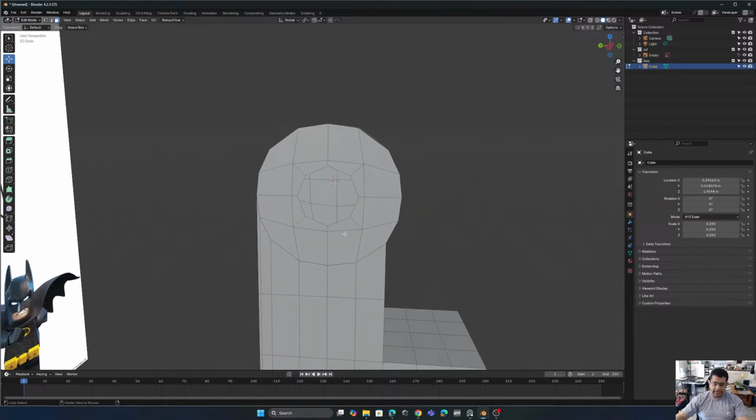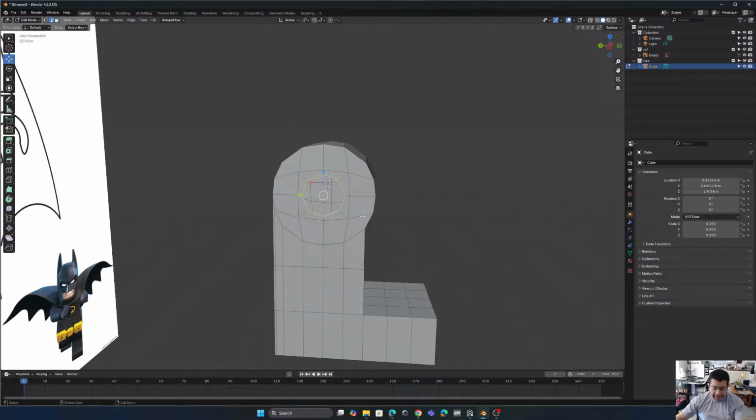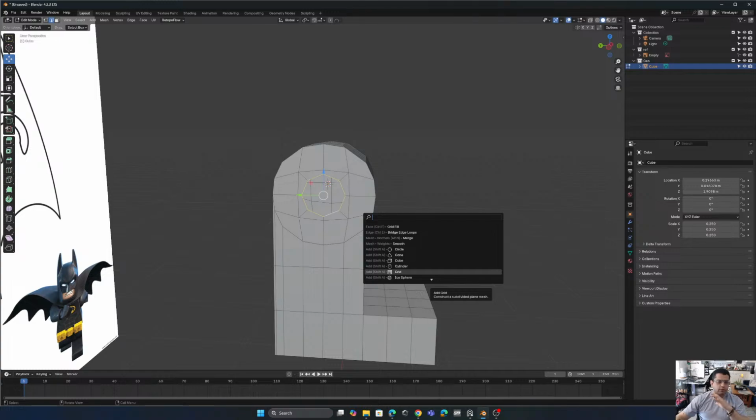So we're gonna press Alt. First of all, we're gonna select edges. We're gonna press Alt to get this loop. Then we're gonna press F3. That's gonna give you this menu. This is a browser that you could use to browse all the tools that Blender has. It's really useful because you could find everything, and even if you don't know where it is, you will find it. Now we're gonna use Grid Fill,